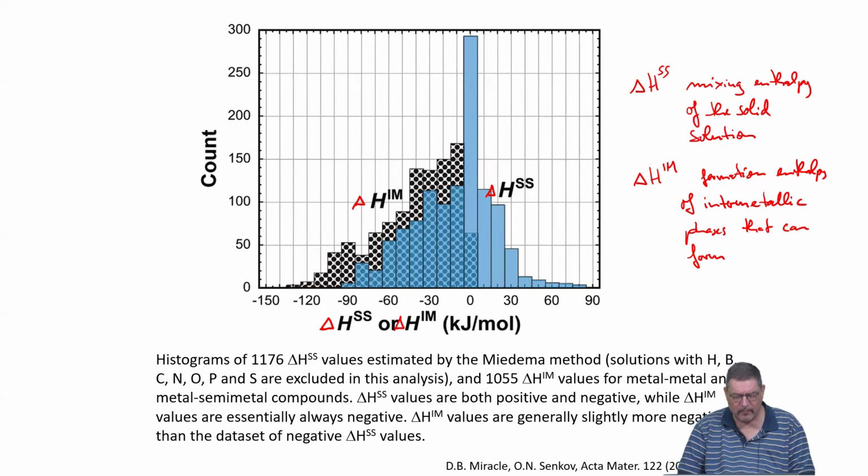And you see that they are comparable, but that on average the formation enthalpies of intermetallic phases in these systems tend to be a bit more negative, which means this is the hard job for the entropy of mixing to keep up and prevent intermetallic phases from forming. And this is why at the low temperatures in all of the high entropy systems, you expect additional phases to form. Sigma phase is one example. So this will be, I think, a general trend and tendency.